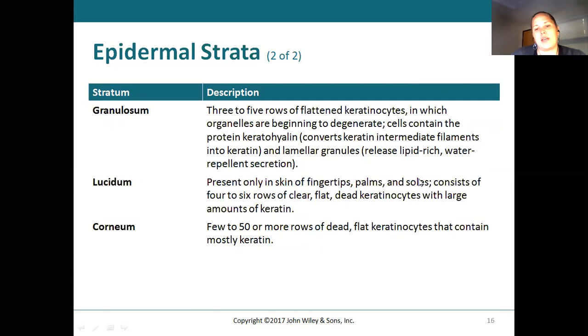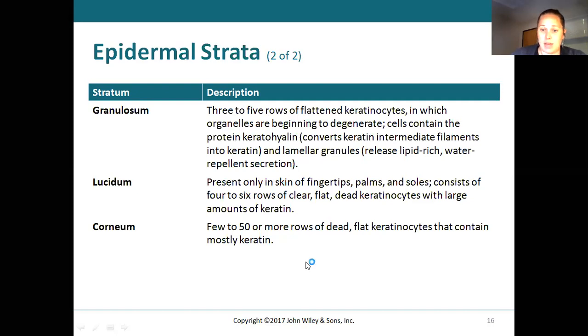Lucidum, only present in the skin of the palms and soles of fingertips, and 4 to 6 rows of clear, flat, dead keratinocytes. And then corneum, just a few to 50, so let's say 25 to 50, layers of dead, flattened keratinocytes that contain mostly keratin, no organelles. At that point in time, you've lost a lot of that due to apoptosis, or that